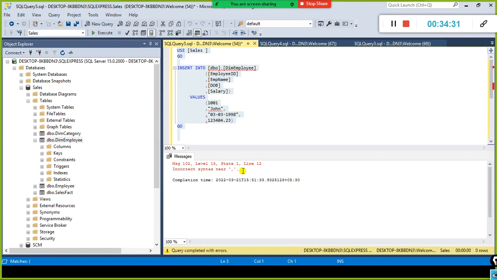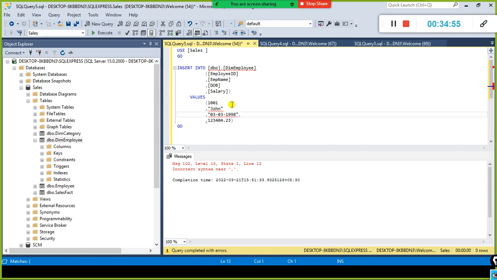So intentionally or purposefully I made this mistake here. Look here, what is the problem here? This John and the comma were underlined with red color. That means there is some syntax error. So see, here we have comma, and here also we have comma, but we have mentioned an additional comma here. Okay, you just remove one comma here,